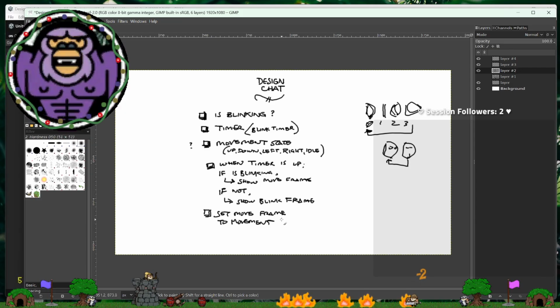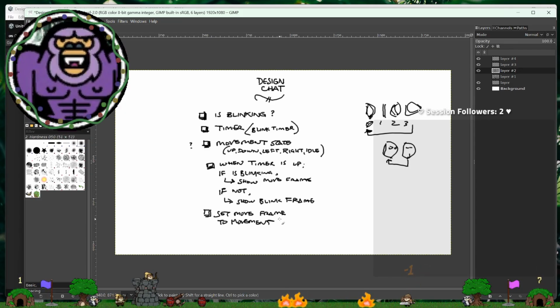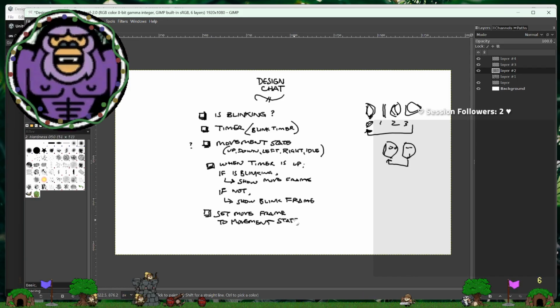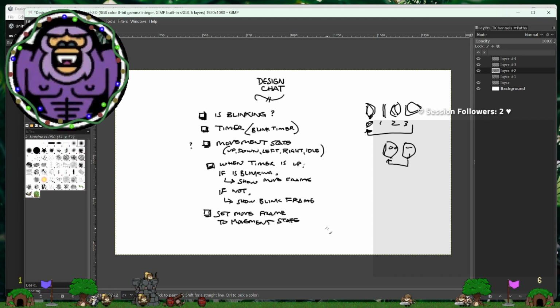So in other words, we are getting a signal about whether we're moving up, down, left, right, and we're using that to set the move frame. And okay, I mean, this makes sense. It actually looks fine, right?